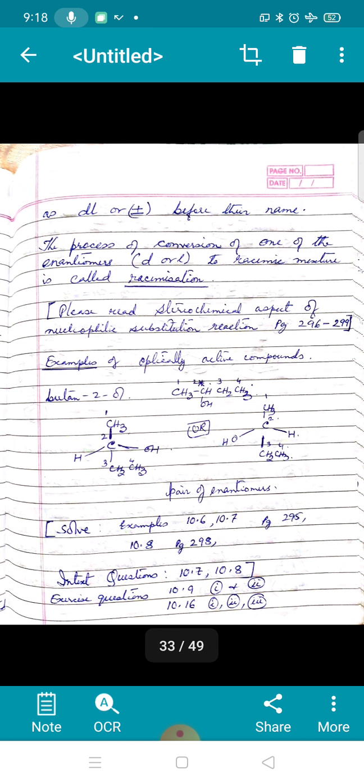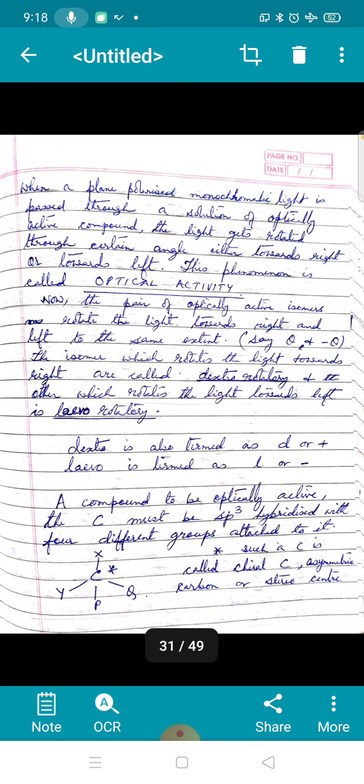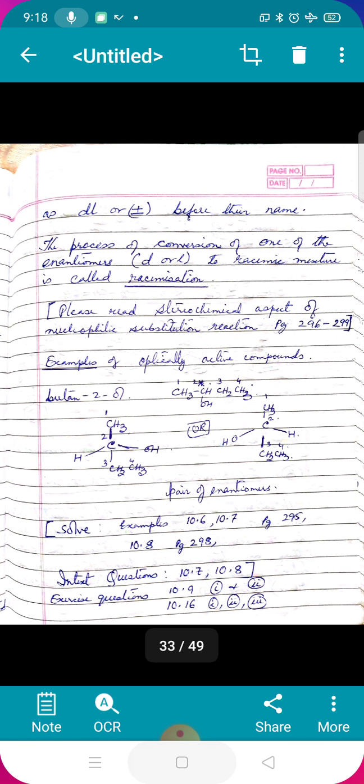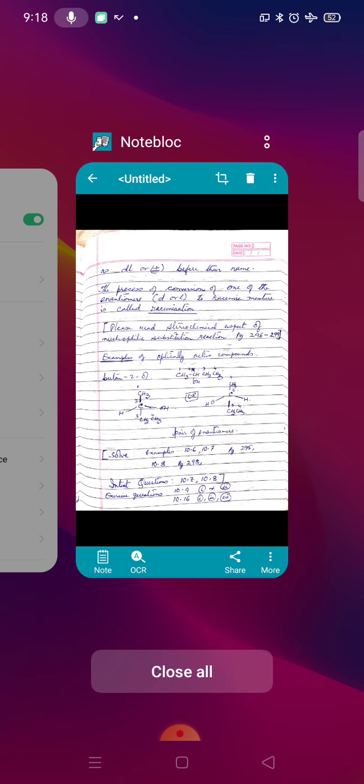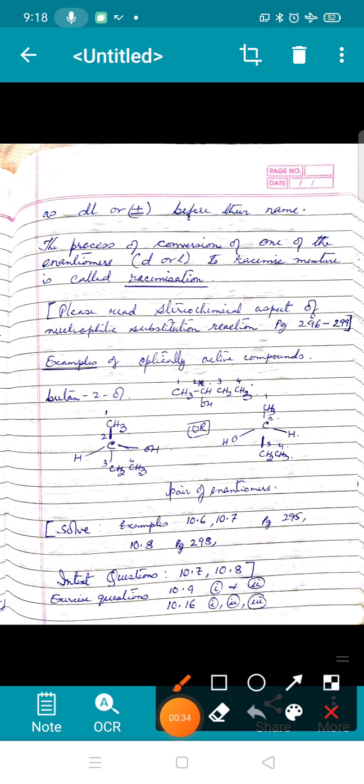You see, alright, let's take this example. You see the carbon which bears the functional group, it may be a halogen or anything else. This carbon is called alpha carbon. The carbon next to it is called beta carbon, and the beta carbon must have hydrogen attached to it. Such a system is called a compound having beta hydrogen.